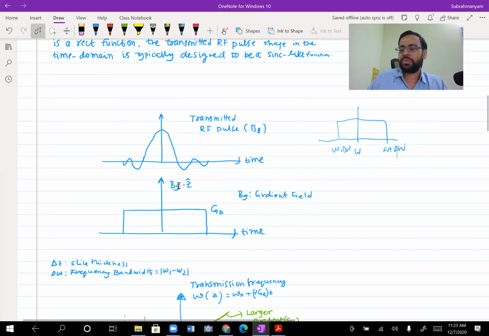You have applied a B naught magnetic field, which brought some magnetization M. Now in the transverse plane, you are applying B1, which tips it to the XY plane, and how this tipping is going to happen is what is shown here. You could see here, and hope it is clear to you, the yellow one is giving you the projection of it on the xy plane. So you make it completely come onto the xy plane.